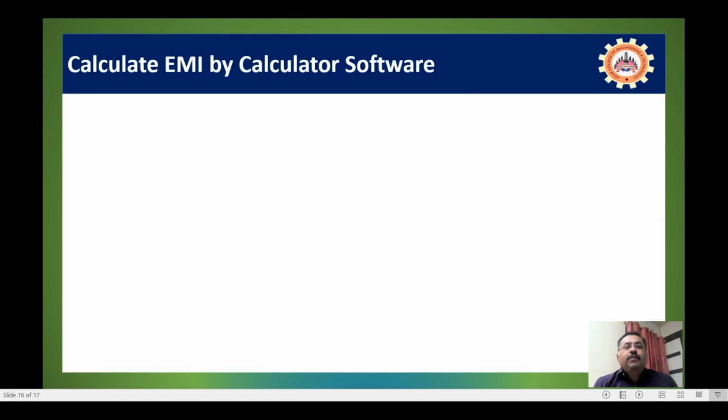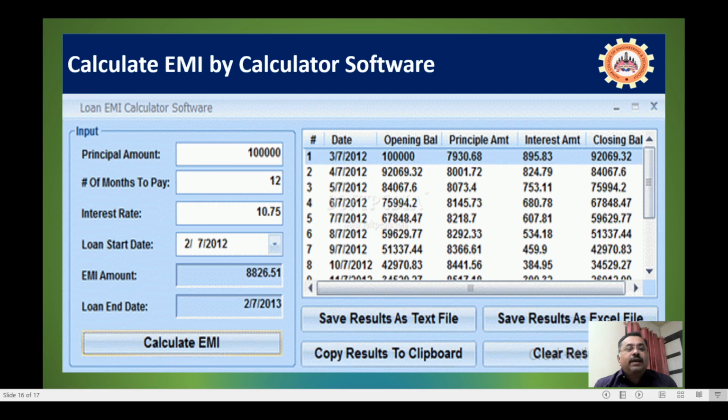Let us see an EMI calculator software, how exactly it looks like. Okay, this is the EMI software that has been calculated. Here the principal amount which has been fed is 1 lakh rupees, and the number of months to pay is 12 months. The rate of interest that is being charged is 10.75%, along with the loan start date, and the EMI amount, how much he has to pay,